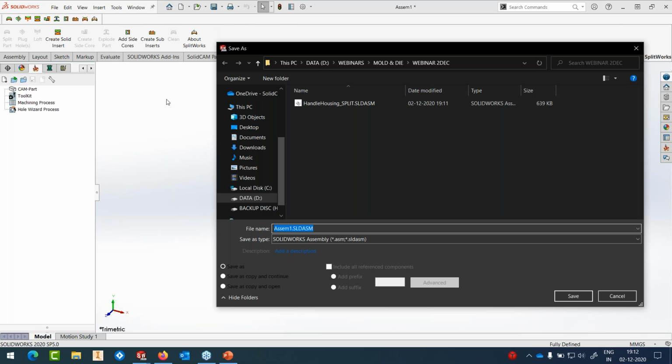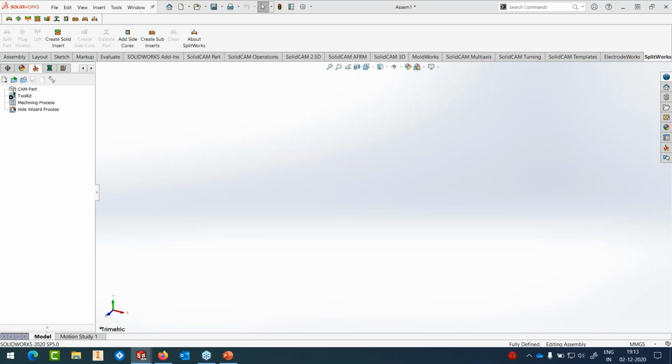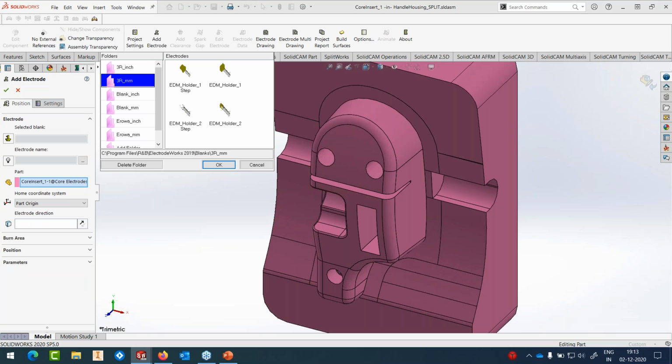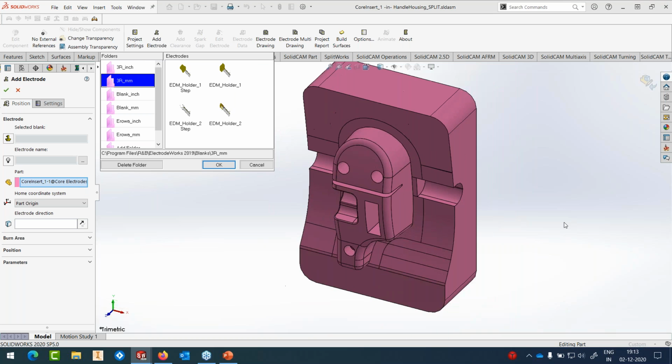Okay, so what it does basically is the moment I click on add electrode, it creates again an assembly file. It's asking me for the name, so I'm going to say it's core electrodes. This is the name of the file, and it brings the core insert into the file, and it waits for the user to start extracting the electrodes. Okay, so I have the core insert here with me,